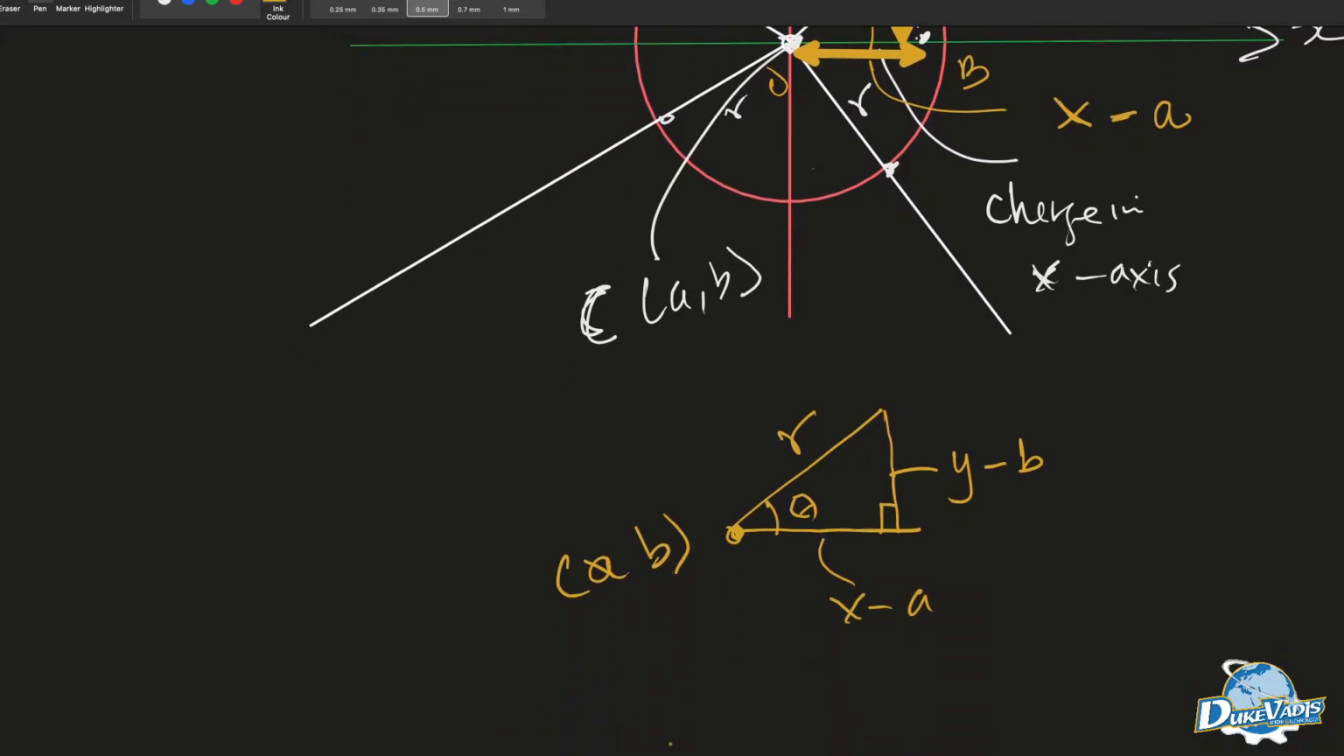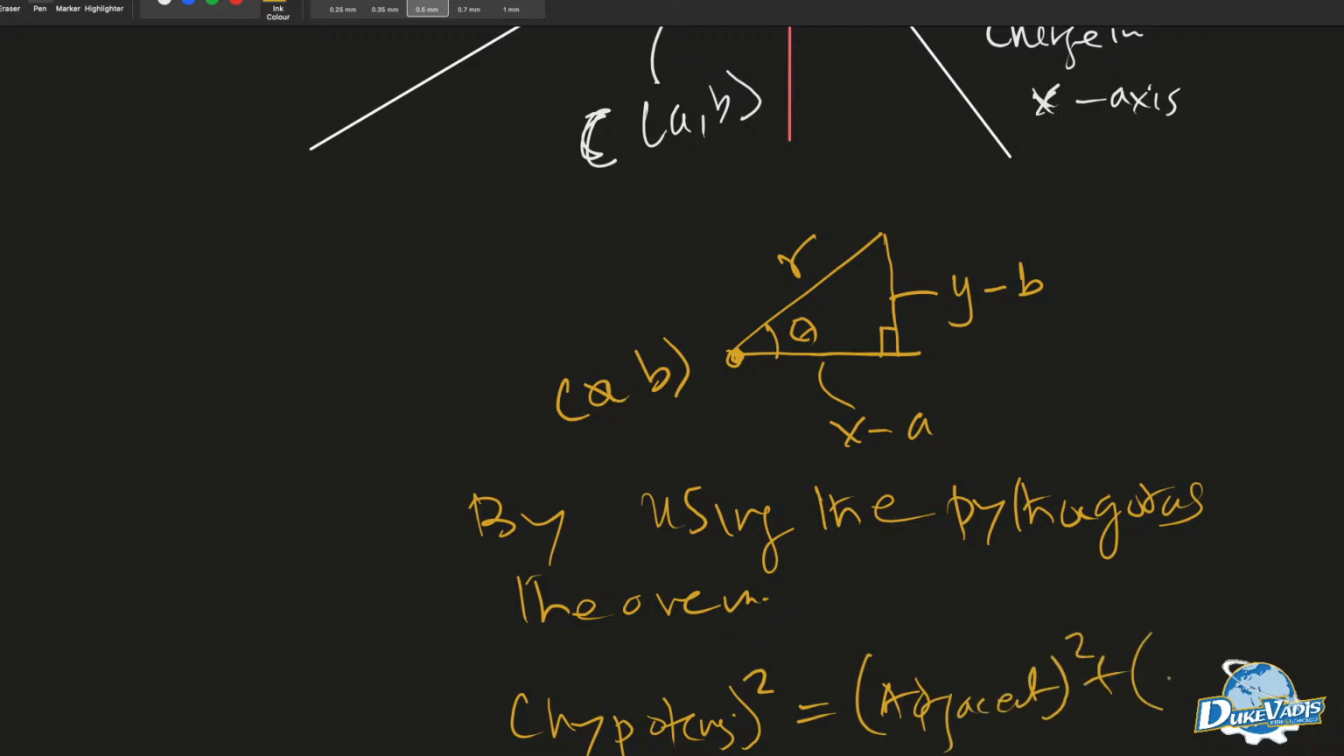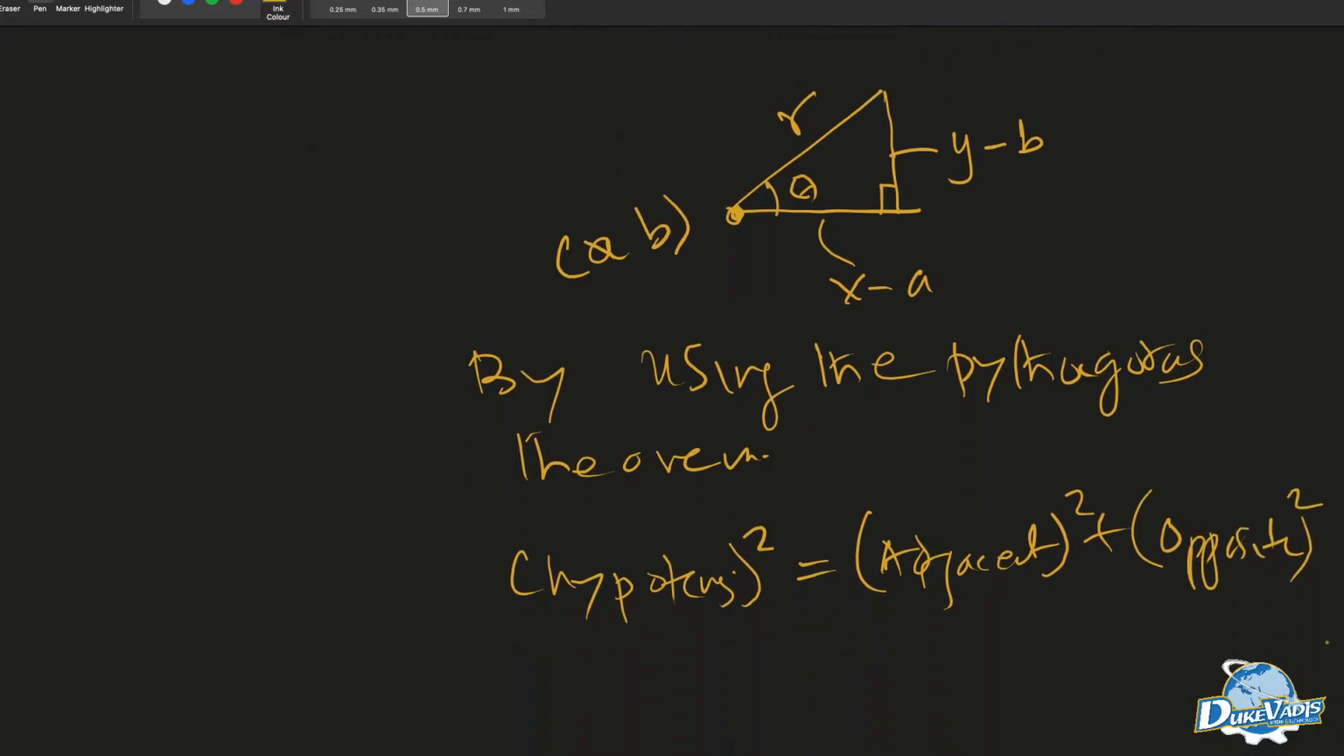axis respectively. Then by using the Pythagoras theorem, we can say that the square of the hypotenuse is equal to the square of the adjacent plus the square of the opposite. Friends, this we know from elementary. So by substitution,